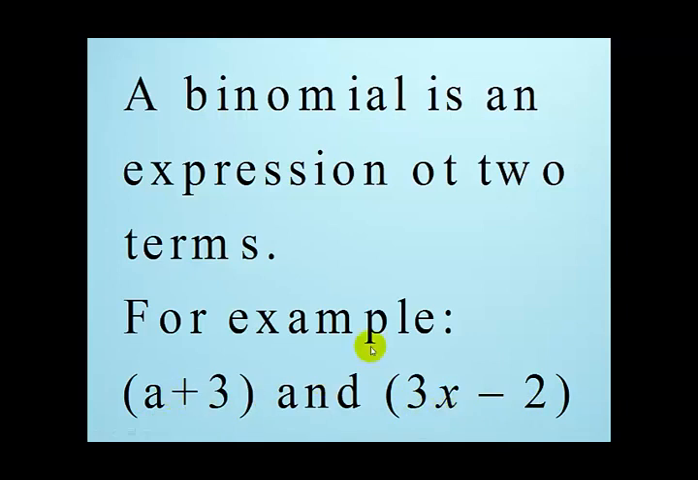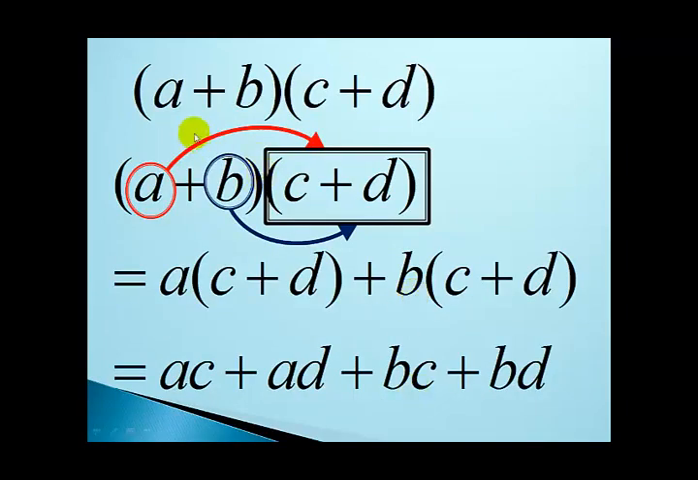Now we look at how we can multiply two binomials. Given a plus b times c plus d. A plus b is a binomial. A is one term, b is another term. C plus d is also a binomial. Now, how do we multiply two binomials? The first term